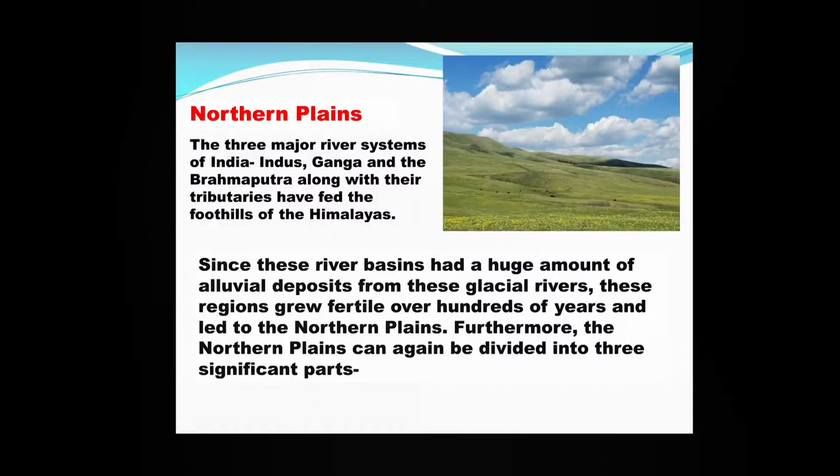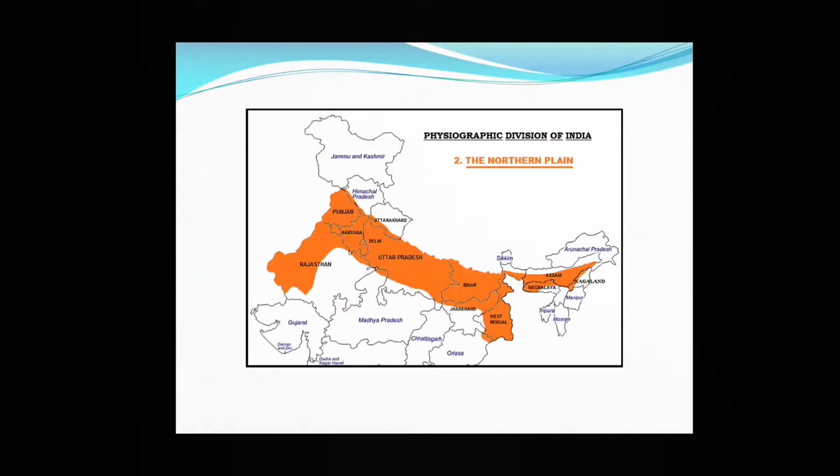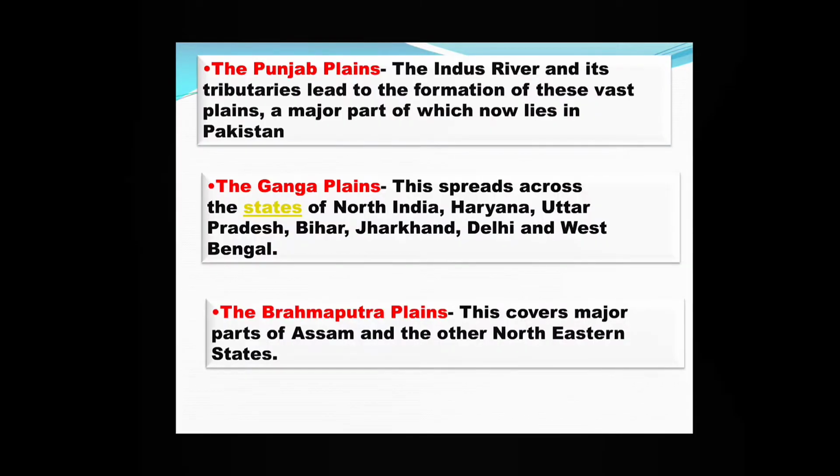Furthermore, the northern plains can again be divided into 3 significant parts. Now northern plains are also divided into 3 parts. See this map. This whole orange region is the northern plains. What are the 3 divisions of northern plain? First is the Punjab plain,